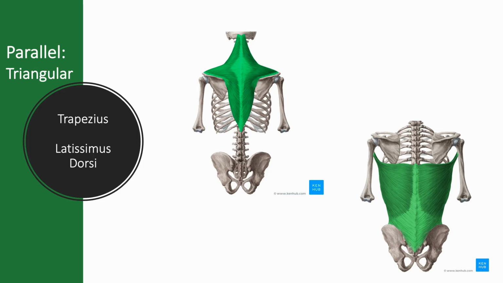So of course, the trapezius and the latissimus dorsi, affectionately known as the traps and lats, are two of the largest triangular muscles of the back, and they work like a massive suspension system for the torso. As we're talking about the trapezius, or the traps, the origin point is the spine and base of the skull